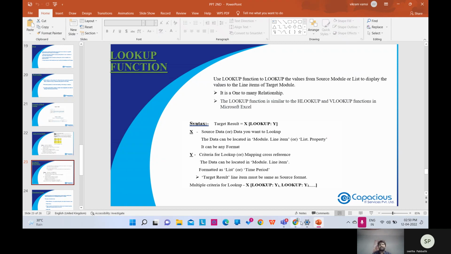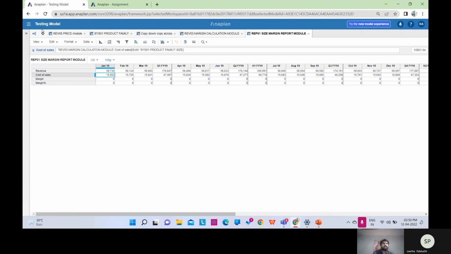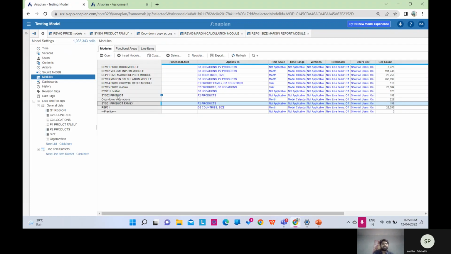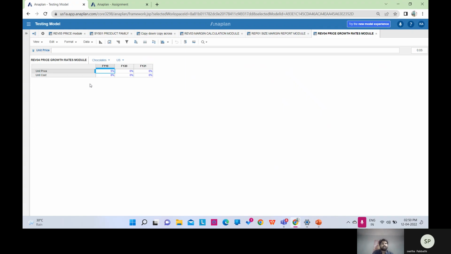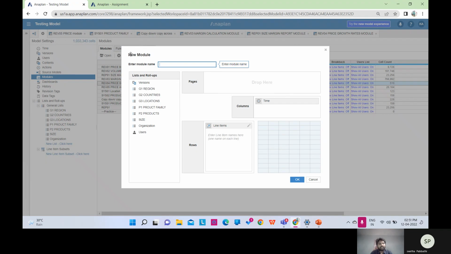If you want to see LOOKUP practically, go to the modules tab. Here you see in Rev04 margin price growth rates, it is the price growth rates by product family and by country. If you want to look up any particular product details by country or product family, you can use the LOOKUP function. So here I can create one module, and I create Rev05 price growth rates